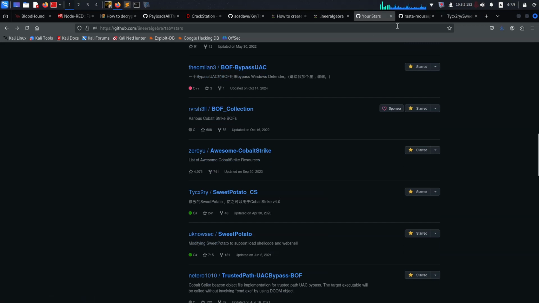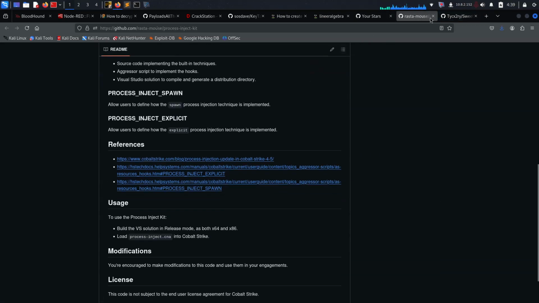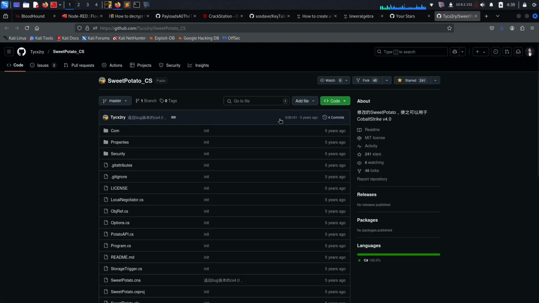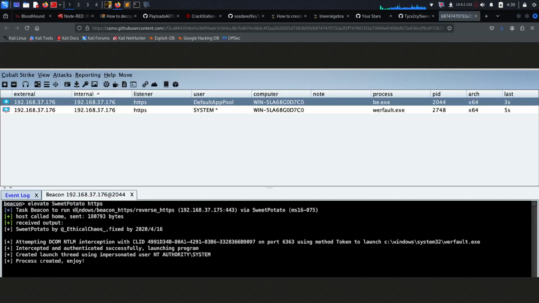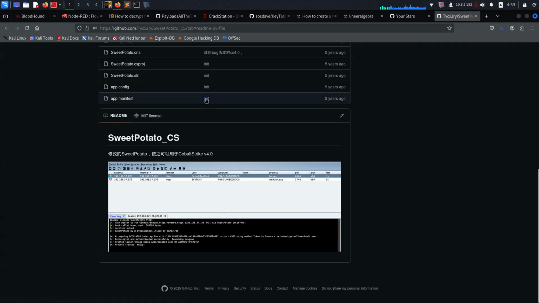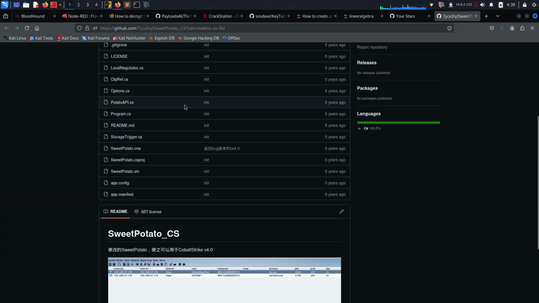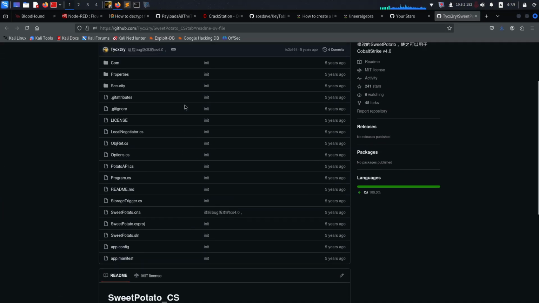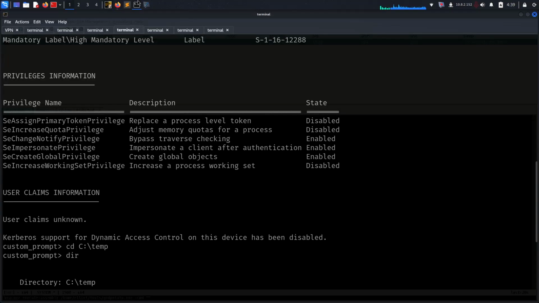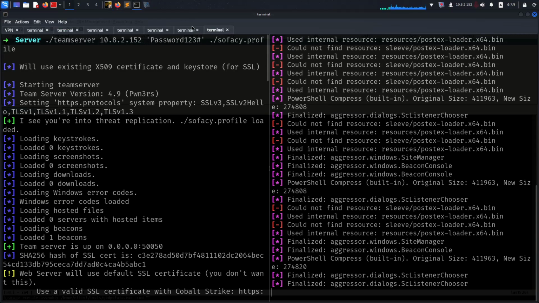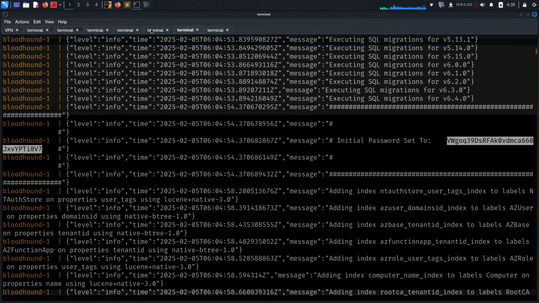So for example, SweetPotato CS, and it's about how you can get elevate sweetpotato HTTPS, and then for example with these BOFs, you can directly get a shell as NT AUTHORITY\SYSTEM. So there's also, I just got it here in my BOFs, which is on